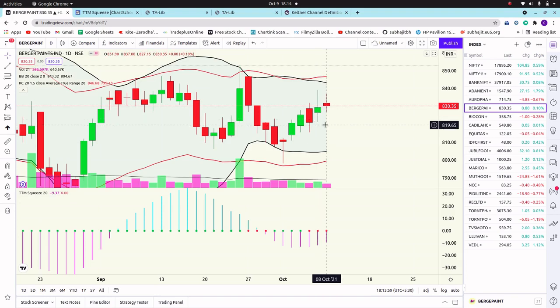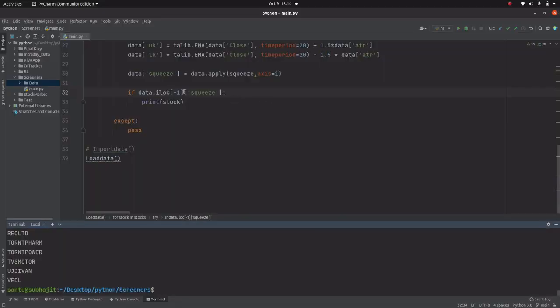Now let me find out the stocks which were in squeeze in the previous candle, and in the last candle are not in squeeze. So how do we do that? This is the squeeze. So let me take the second candle in squeeze and not in squeeze in the last candle.